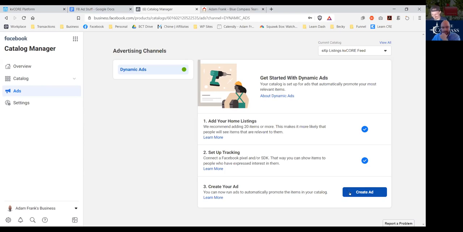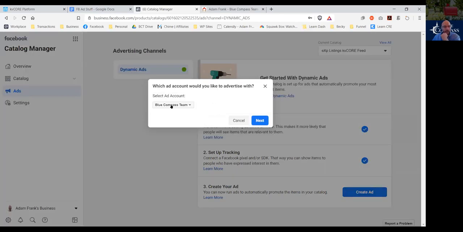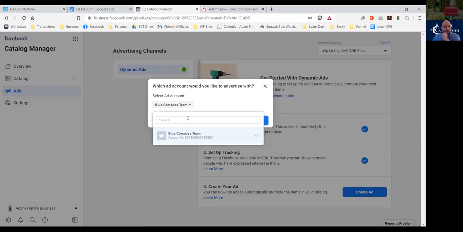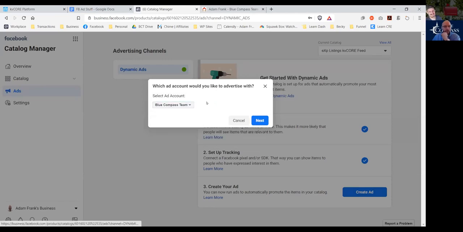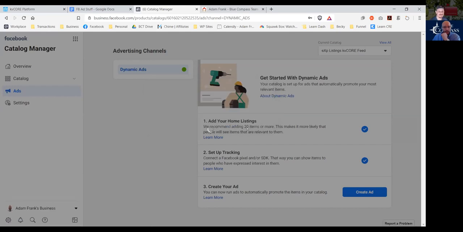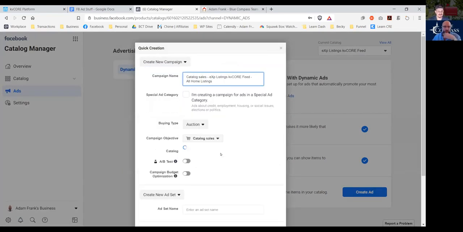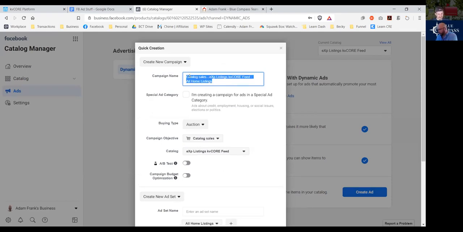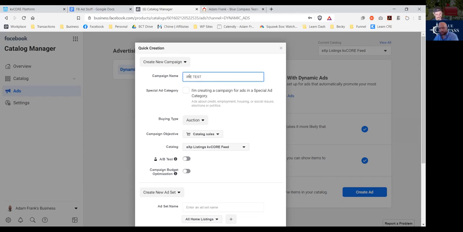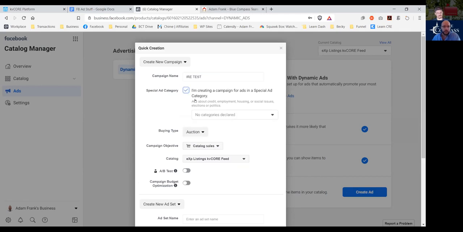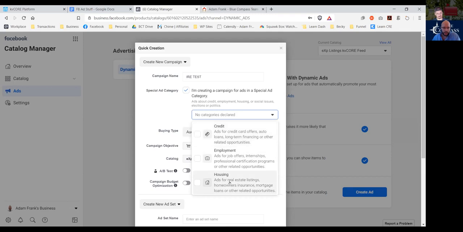Yes, exactly. So create ad is going to have this one here, and then you just click on next. So yeah, that little pop-up is what showed up, but it didn't actually show any in the drop-down. So the campaign name here, we'll just throw in some junk. Campaign name, you name it something custom if you want to. Special ad category is absolutely mandatory. We're going to select that, and we're going to pick housing,